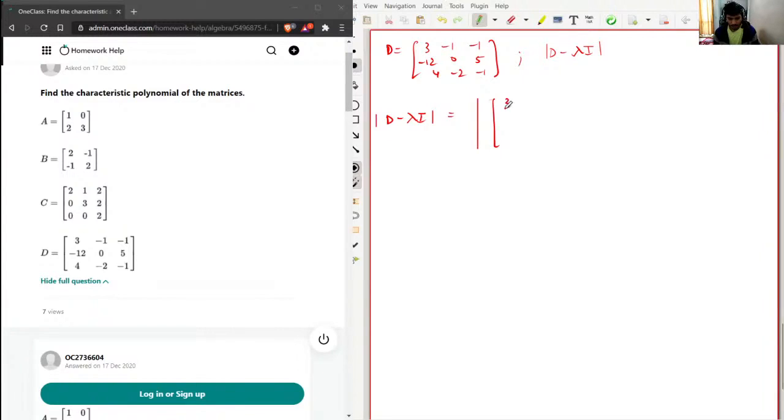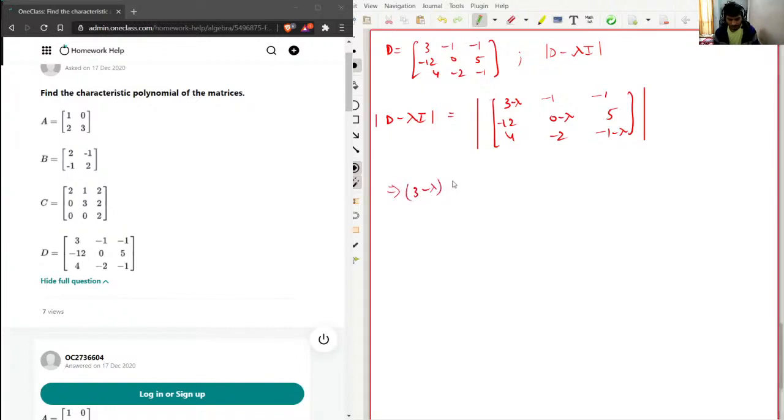Now I'm going to write this in a separate place, I'll just give a little bit of space. 4, minus 2, minus 1. So I'll go with the shortcut here. I'll just subtract lambda from the diagonal elements and minus of lambda. Now I'm going to take the determinant. So I'll just fix this first column and first row. So this will be